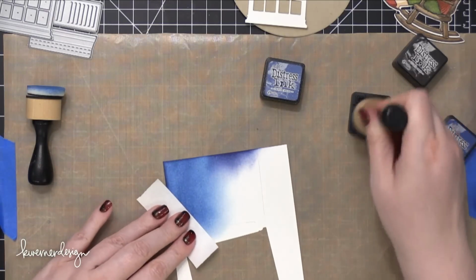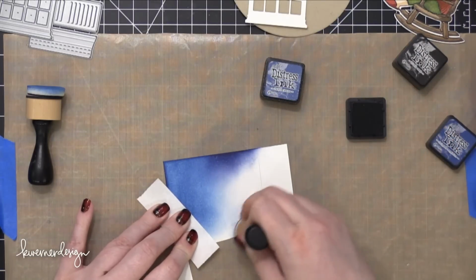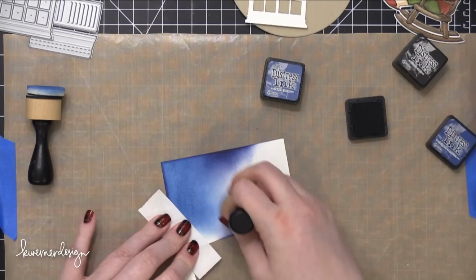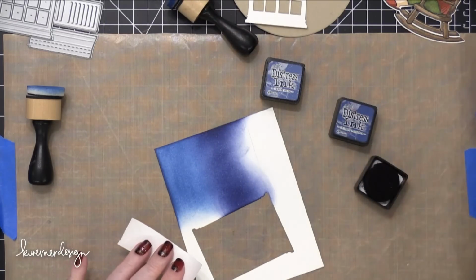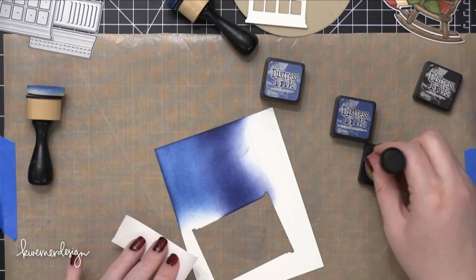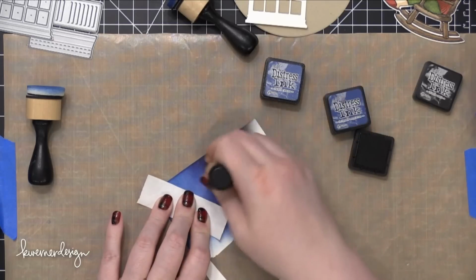And to protect my project and my fingers from getting all inky, I just used a strip of Post-it tape and stuck that to my fingertips, and then I can move my fingertips around and hold my project down without the fear of any ink transferring to my fingertips and then my fingertips transferring the ink to places where I don't want it. So moving on to Black Soot, and that Chipped Sapphire really blends right into Black Soot